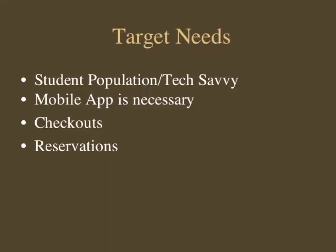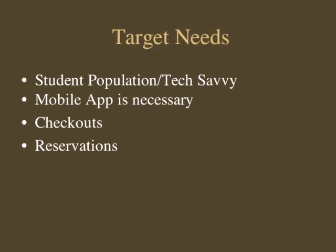We discovered that a mobile app is entirely different from a mobile website. We currently have a mobile website, but that just wasn't meeting the needs of our users. A mobile app is a self-contained application downloaded and installed on a mobile phone. We discovered that there were a couple companies that met our needs in this area, but the best one